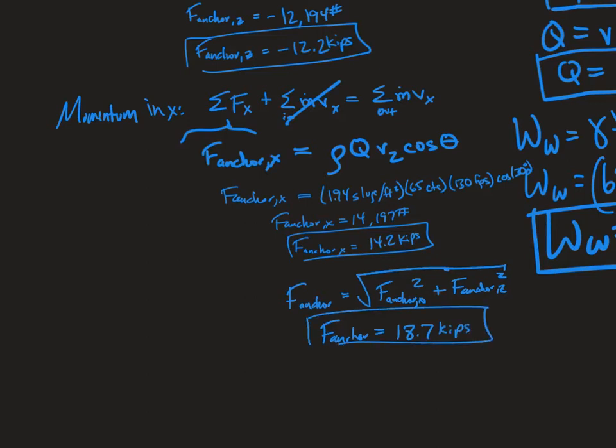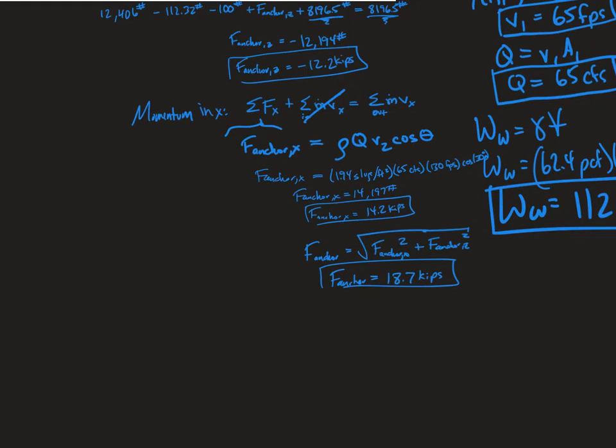Okay, and if we wanted the angle, it wouldn't be theta because we've already used theta. It would be alpha equals inverse tangent of F anchor z over F anchor x. Okay, so alpha, if we plug those numbers in, and if you put signs in there, it's going to come out as negative